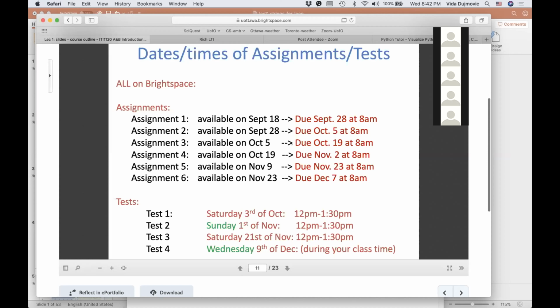Hi, Professor. I had a question regarding the text file that we usually have to submit with the assignments. Will we also have to test our code and submit a text file on the side? You mean for the test? I don't think I'm going to ask you to do that because it's time consuming. But if you don't test it and your code crashes, you're not going to get the points for the function. You better test it yourself. But I'm not going to ask you to submit a text file. Okay. Thank you. No problem.